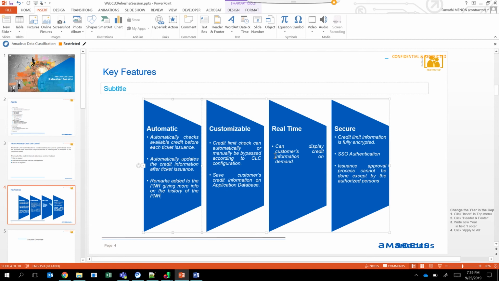So the data of that corporate customer can be retrieved, and then the consultant can decide if he wants to go ahead with the ticket issuance or not. This can help the consultant to check if the customer is blacklisted or if the customer has enough credit, and so forth.